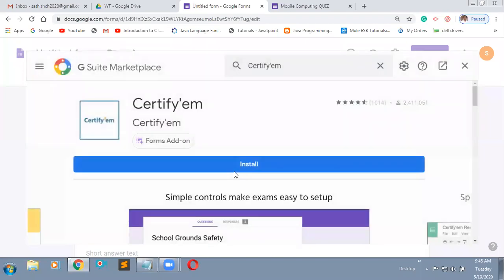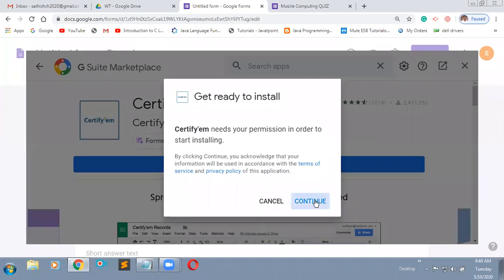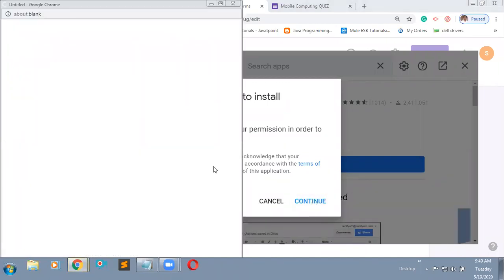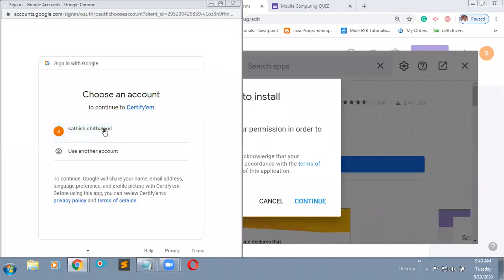It will ask you from which Gmail account you are going to install. Just continue. Now here it is. Just select your Google account.